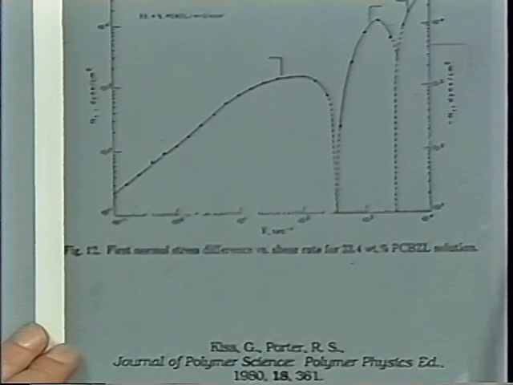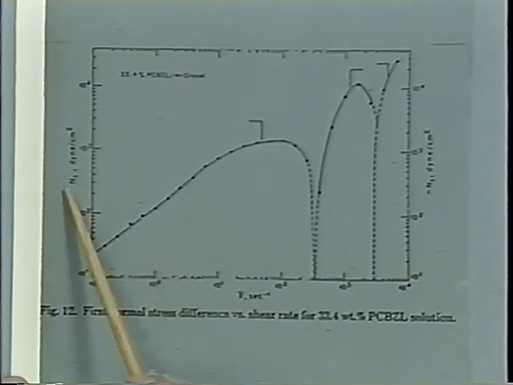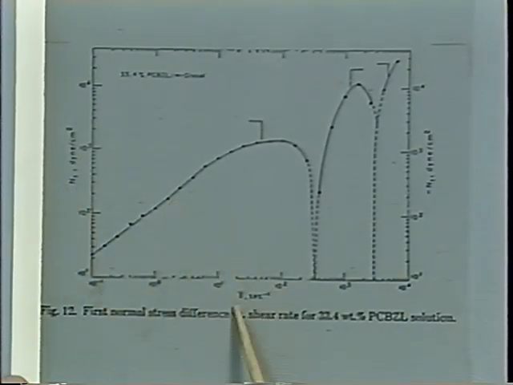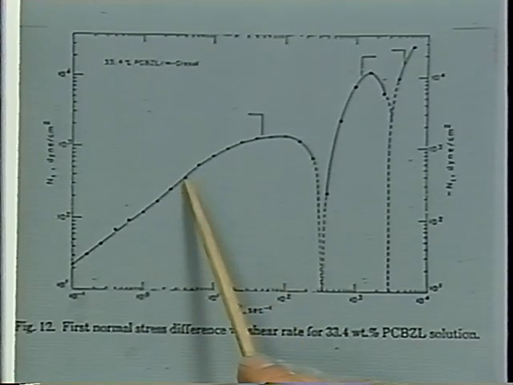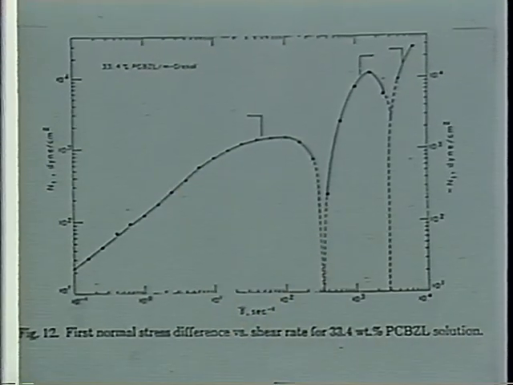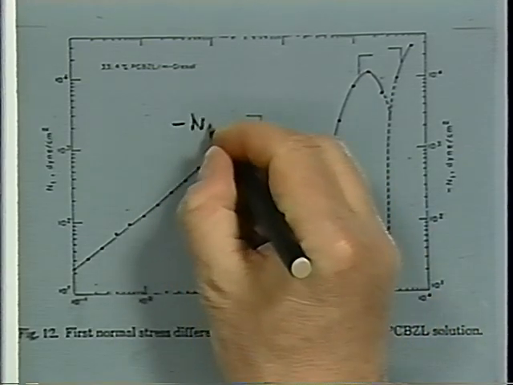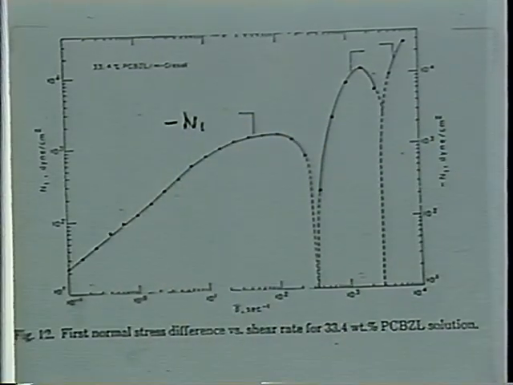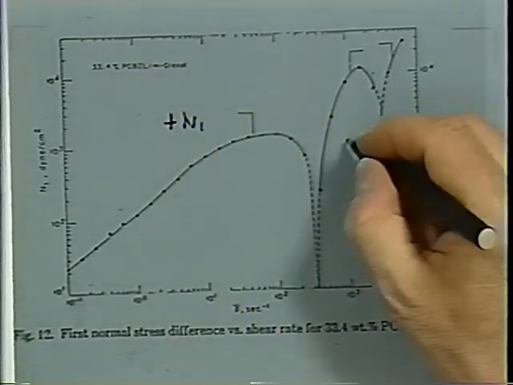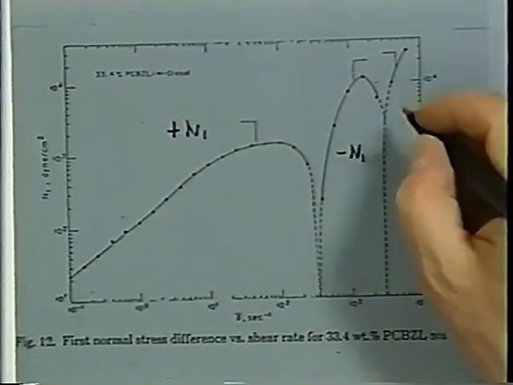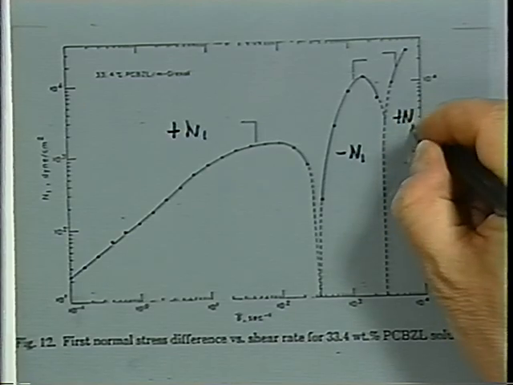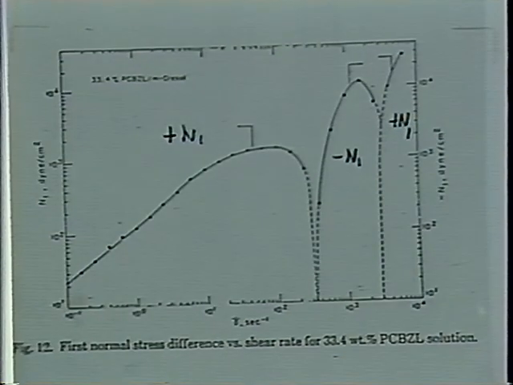Very famous are the experiments by Kiss and Porter in 1980, who reported negative first normal stress difference. This is N1 plotted as a function of shear rate, and actually this is really minus N1 plotted here, and no, excuse me, this is plus N1 plotted here, this is minus N1 plotted here, and this is plus N1 plotted here. So at intermediate shear rates, the first normal stress difference suddenly becomes negative, which means that in a